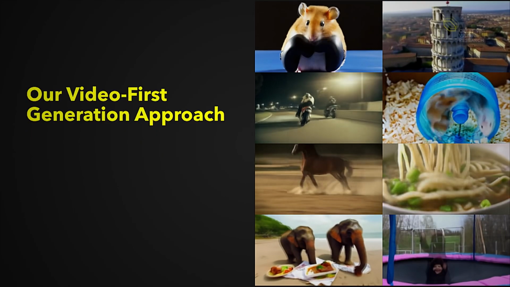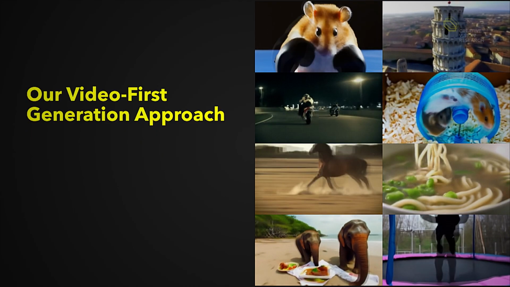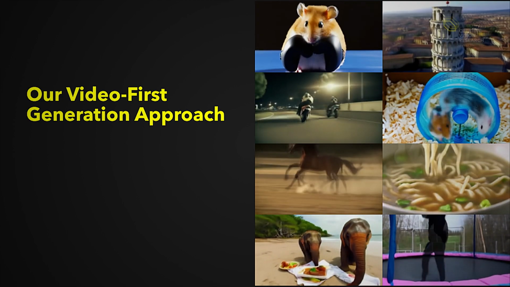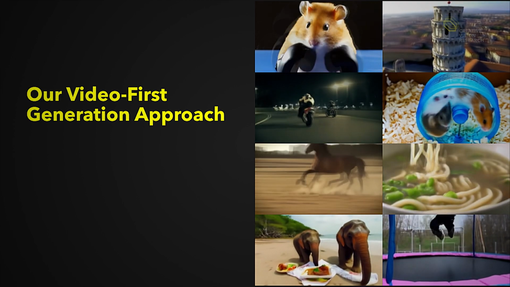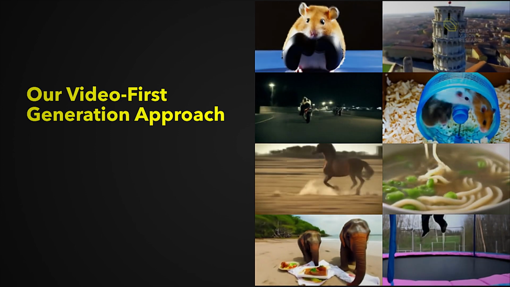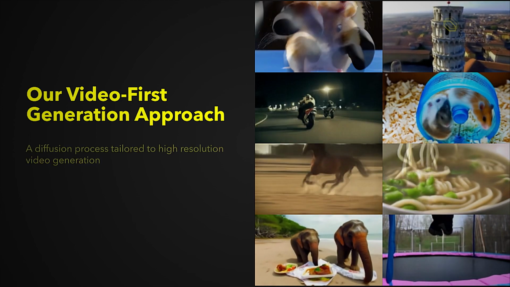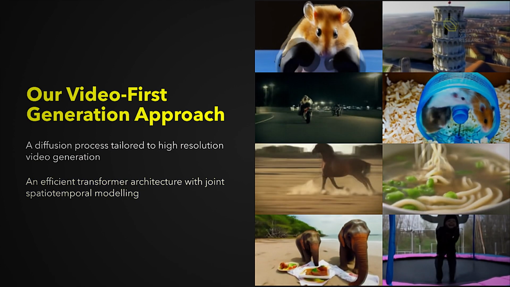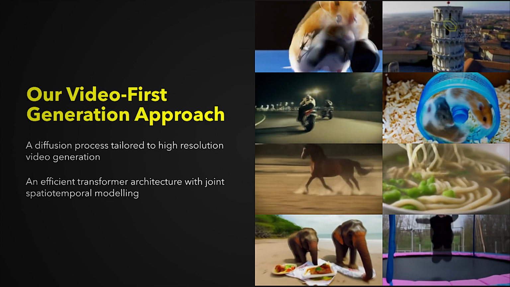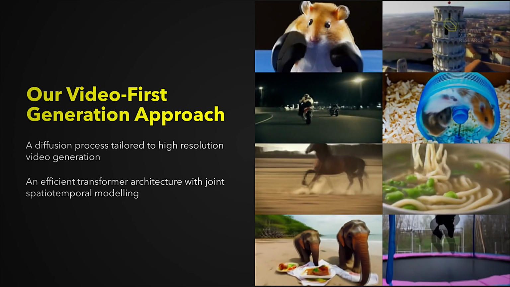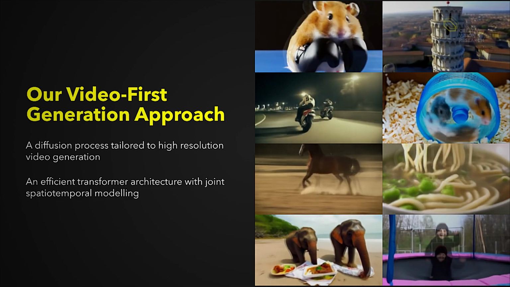Let's see how this can be achieved. We identify two areas in which current video generators make suboptimal modeling choices, and we systematically address their shortcomings by applying a video-first approach to generation. In particular, we contribute a diffusion process tailored for the task of high-resolution video generation and an efficient architecture, allowing joint spatiotemporal modeling. Our method allows the generation of complex motion and fast camera changes, a difficult capability to achieve